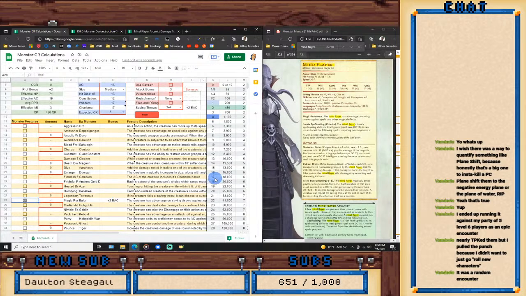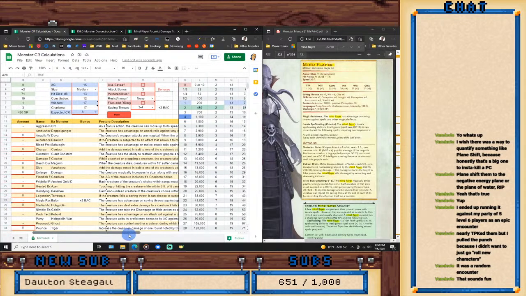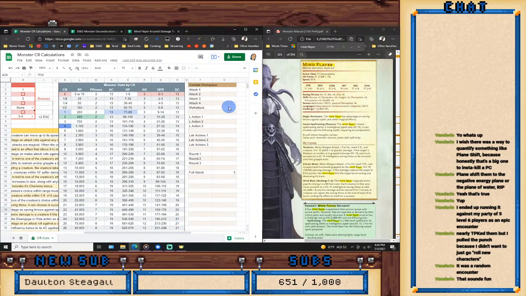Alright, so while we're at it, we're going to get a 2-for-1 here. We're going to get the Mind Flayer finished up, and then we will take a look at the Arcanist damages. So, the actions for our Mind Flayer base,